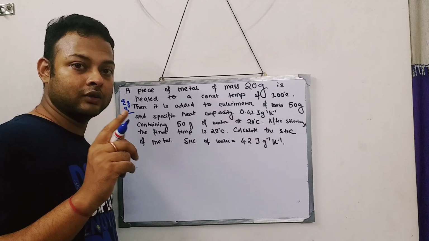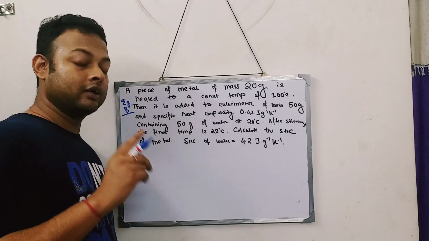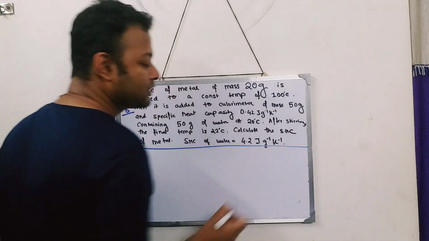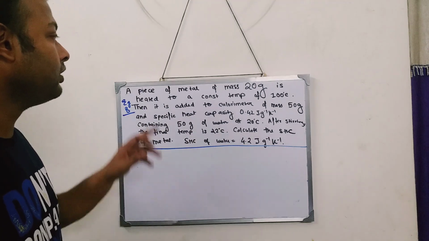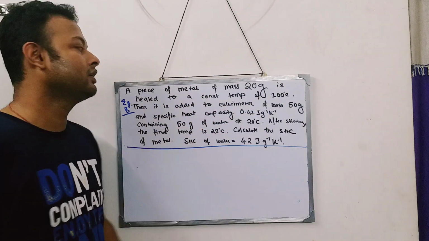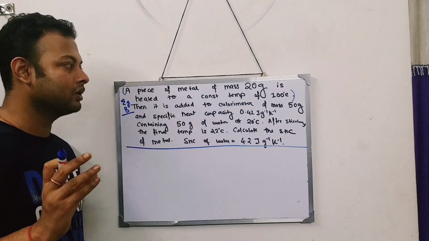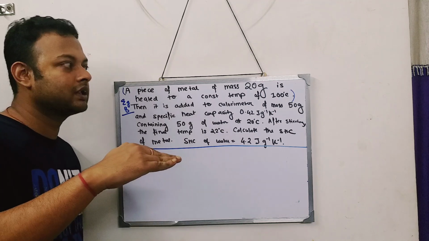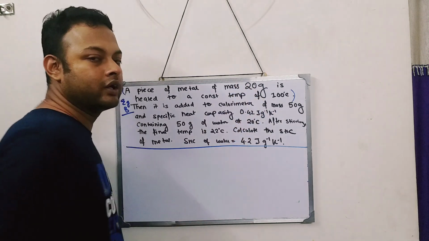The final equation where the calorimeter also comes into account is that equation I'm talking about. You know that equation, and also read the sum very properly. If you read the sum clearly, everything becomes easy. Firstly, you have to see that a piece of metal of mass 20 gram is heated at a constant temperature to 100 degree. Just first concentrate from here to here. As you read this sentence, what did you understand? There is a small piece of metal that you heat, and the temperature of that metal goes to 100 degrees centigrade, and that metal has a mass of 20 gram.